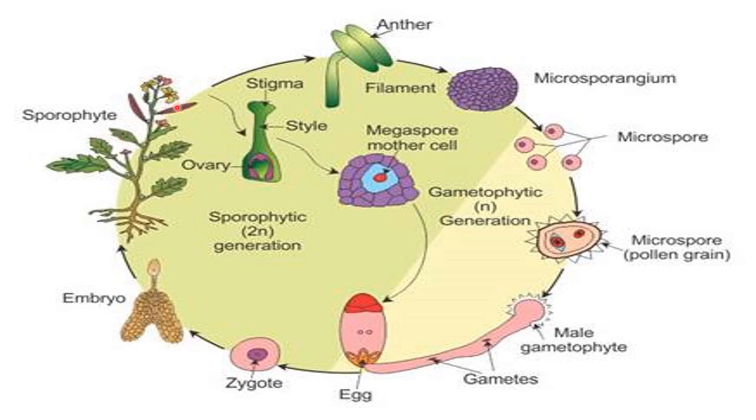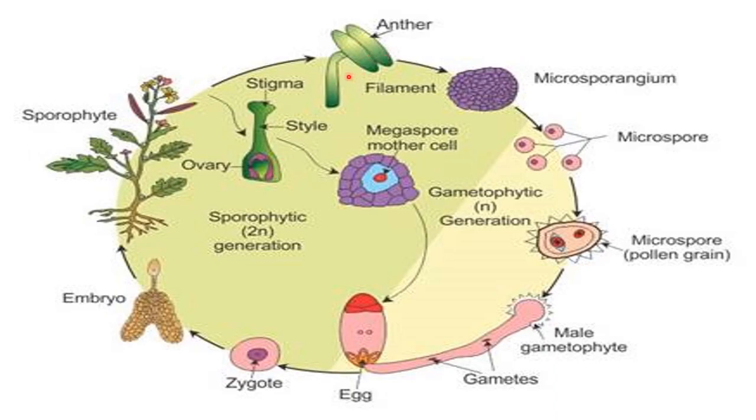Now inside these flowers, male and female sex organs are present, right? See here, this male sex organ, called the stamen, is present inside the flower, and this female sex organ, called the carpel or pistil, is present here. You already know about the parts, I have told you in the previous slides: the anther and filament in the male sex organ, and the stigma, style and ovary. You need to make these diagrams here. You need to make all these diagrams for this life cycle. I told you that for other life cycles you don't need to make the diagrams, but for the life cycle of these angiosperms you need to make all these diagrams.